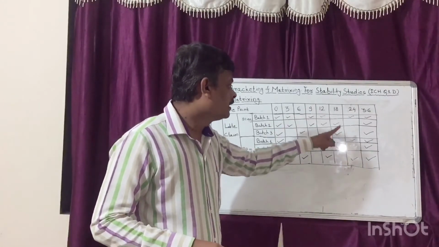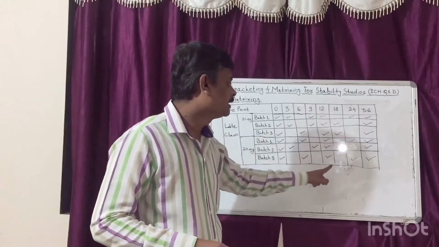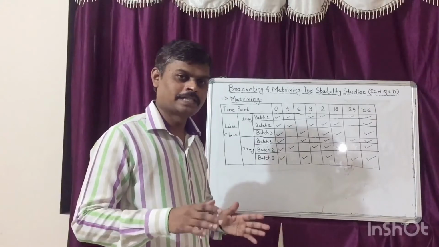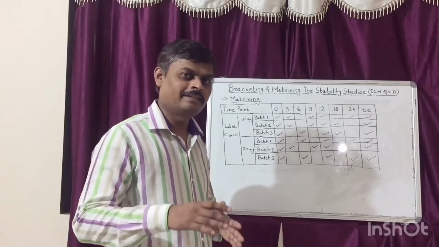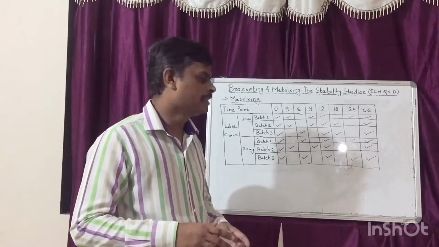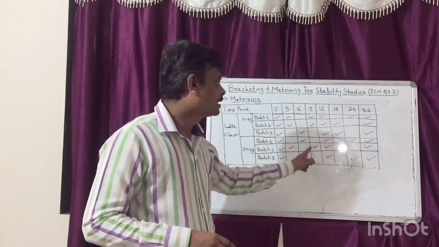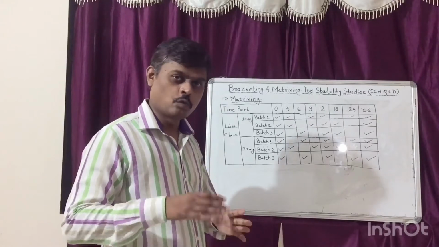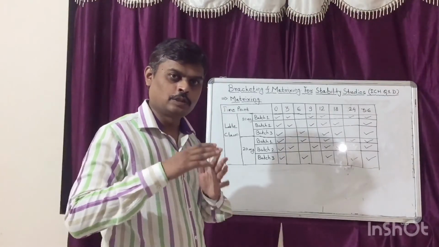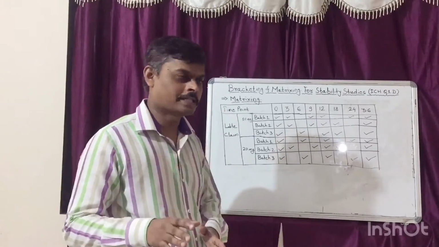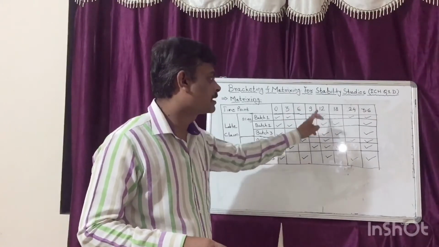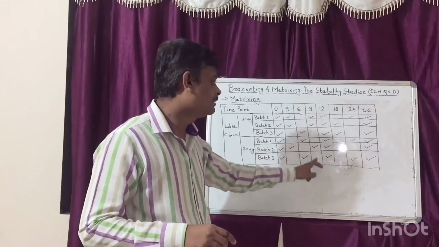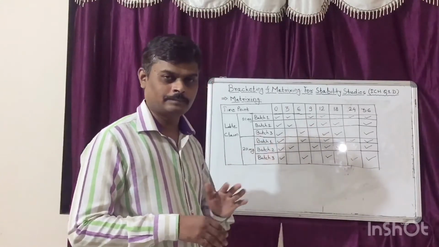You can additionally analyze all samples at 12 months, because generally submission of a stability study is done after the 12 month study. Hence, all samples should be tested at 12 months. If you are going to submit your dossier or your application at a 9 month stability study, then you have to analyze all samples at 9 months instead of 12 months.